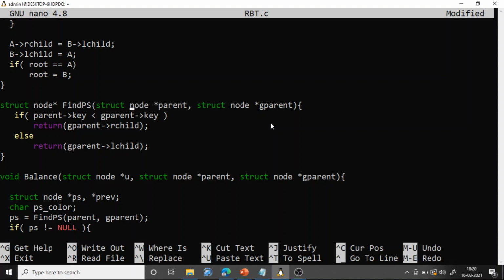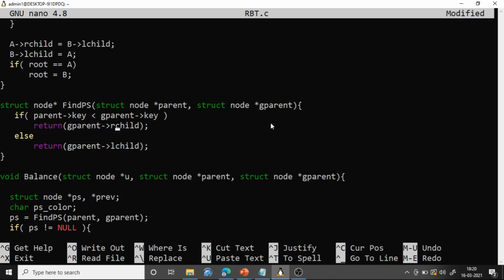Parent sibling. If the parent's key is less than the grandparent's key, then it means that the parent is a left child of the grandparent. In that case, we have to return a pointer to the right child of the grandparent, because the right child of the grandparent is the sibling.